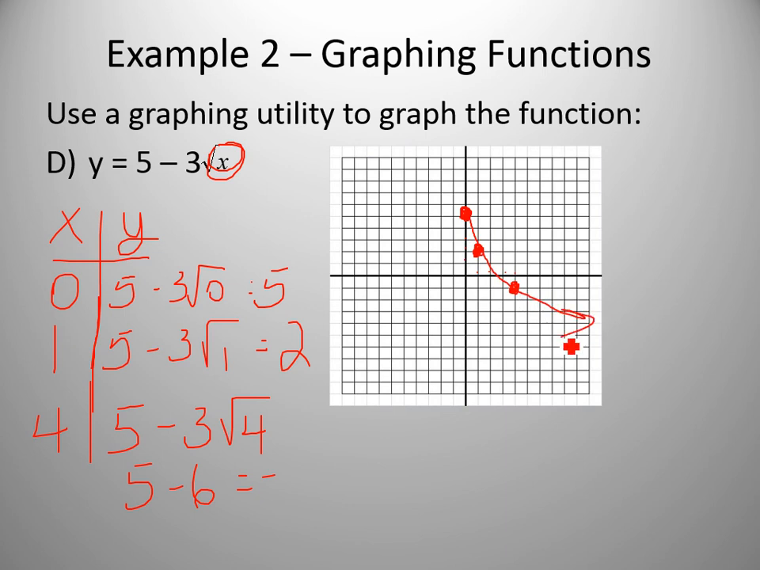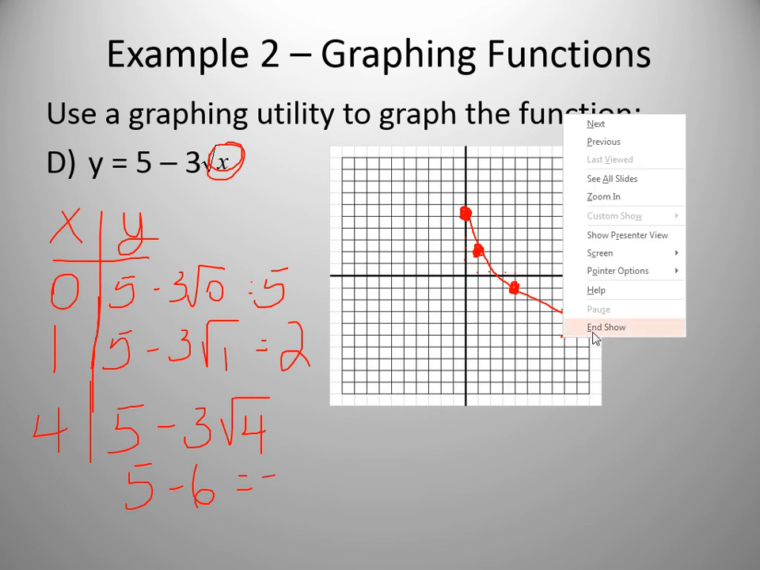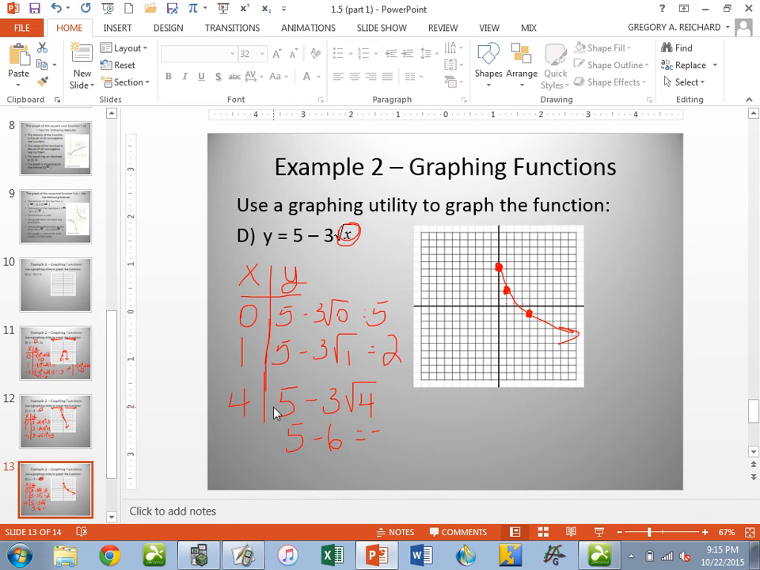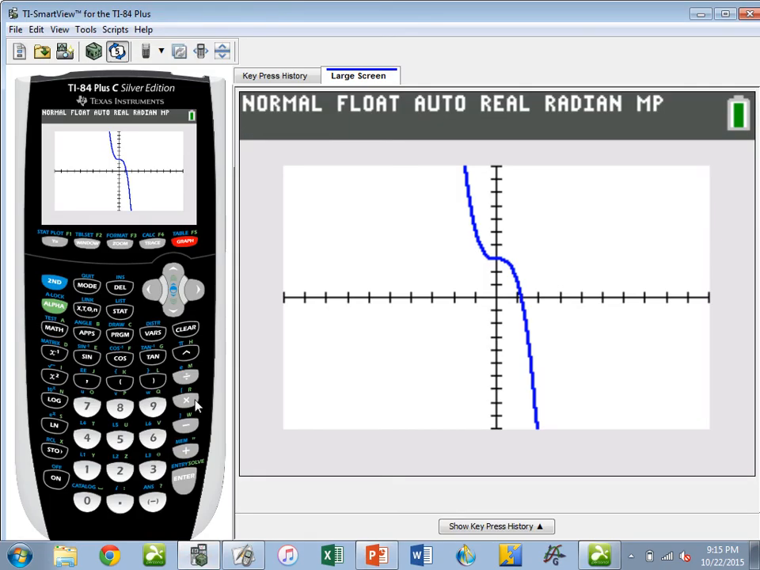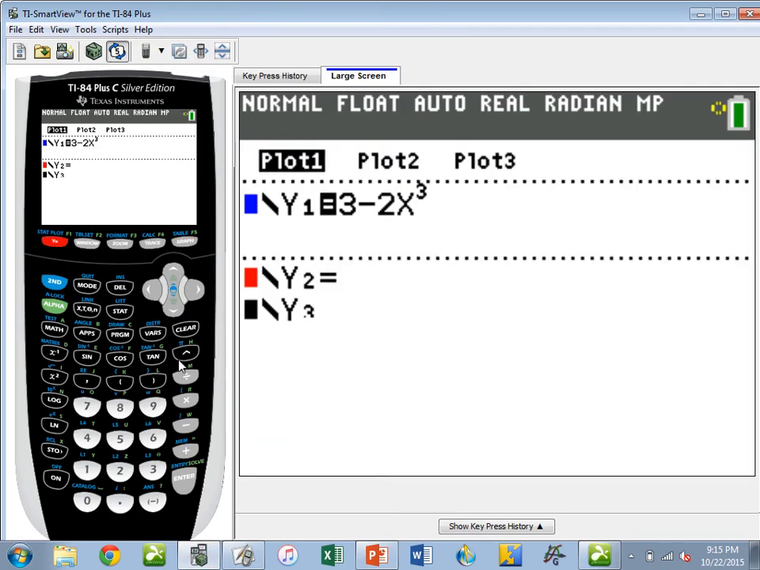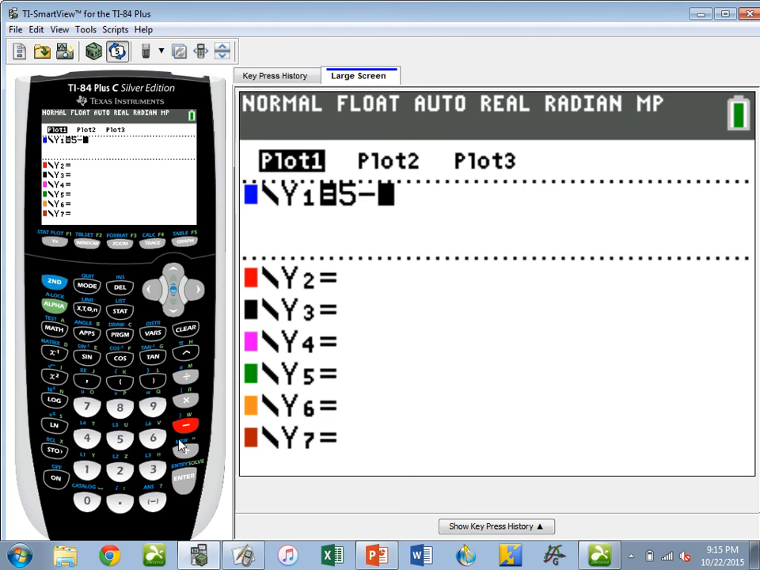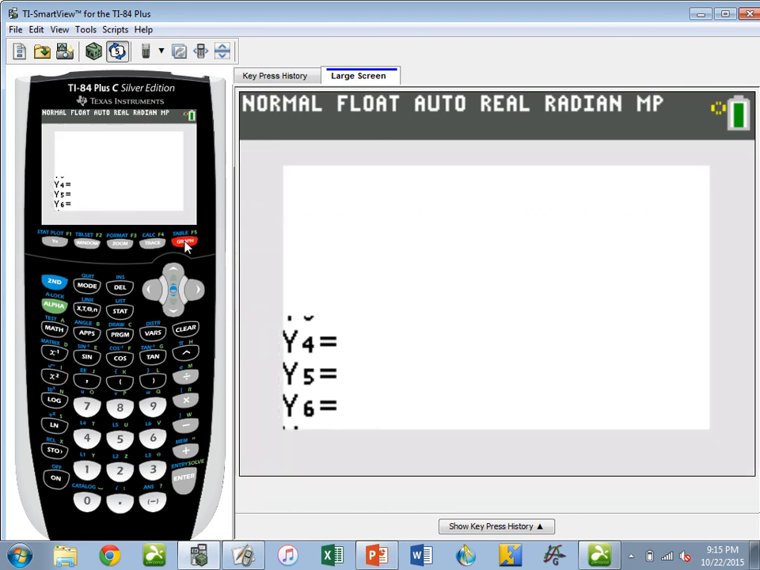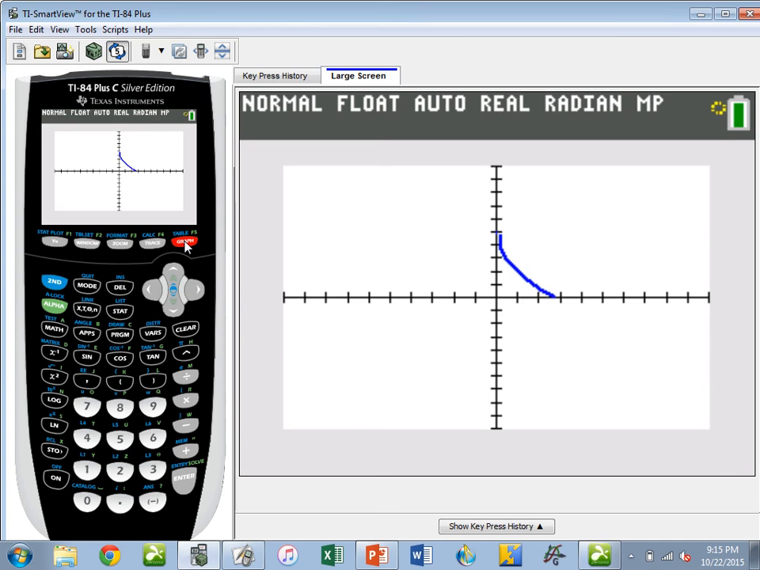So once again, how do I know if I got something reasonably close to what I'm looking for here? If I go to my calculator again and I put in 5 minus 3 times the square root of x, I graph this, there's the graph that we get for that. And then for part E,